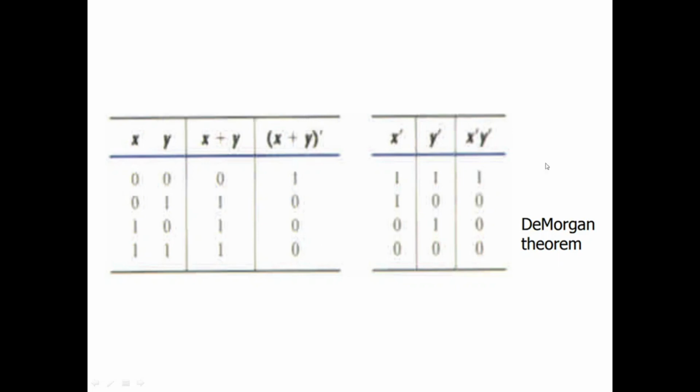And what is RHS of De Morgan's theorem? x dash dot y dash. So for finding x dash dot y dash, we want to know x dash and y dash separately. After that, we can perform AND operation of x dash and y dash. So what is x dash? So here is x. What is x dash? 0 complement is 1. Again 0 complement is 1. 1 complement is 0 and 1 complement is 0. Similarly, we have to find the complement of y so that we can have the values as 1, 0, 1, 0.